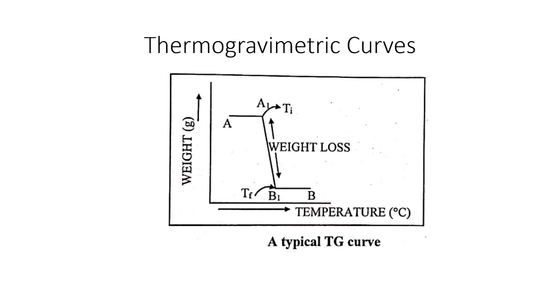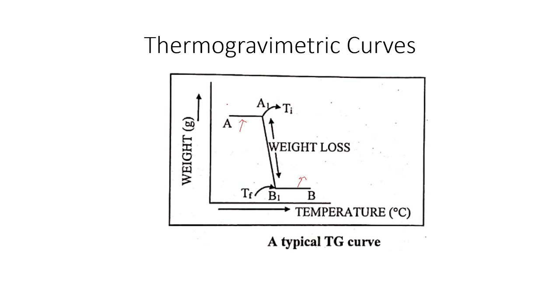The horizontal portion, that is plateau, you can see here. This is the plateau region, and this is the weight loss region. Again, this is one more plateau region. This plateau region indicates the regions where there is no change in the weight. Obviously, this is a simple graph, where on the y-axis there is weight, on x-axis there is temperature. If this is a plane, there is no change in the weight, which means there is no change taking place. It means that the substance is stable up to that temperature.